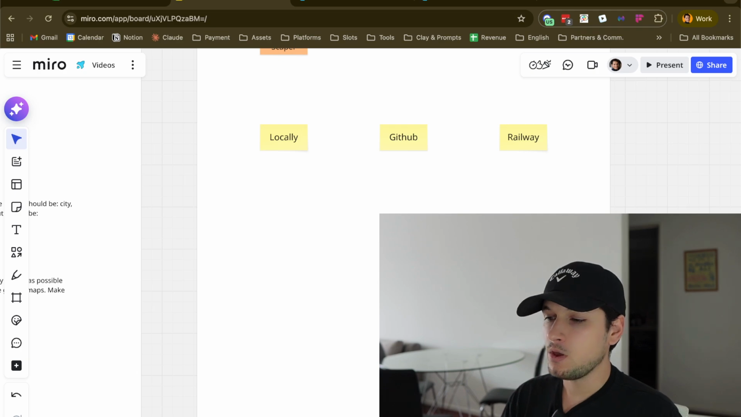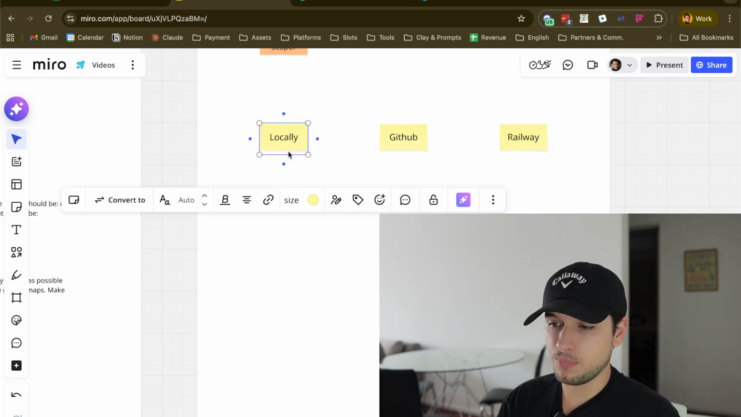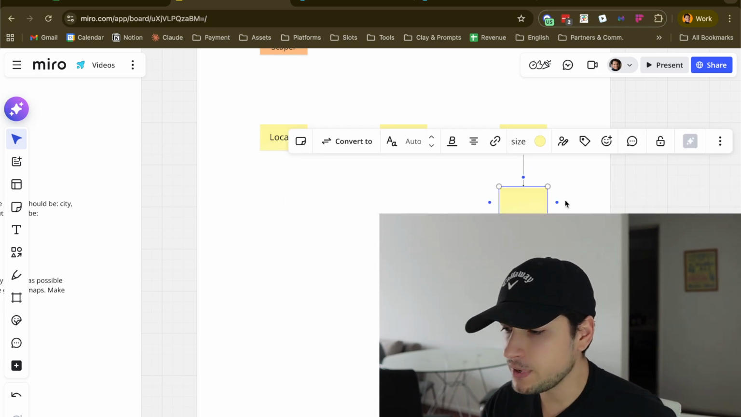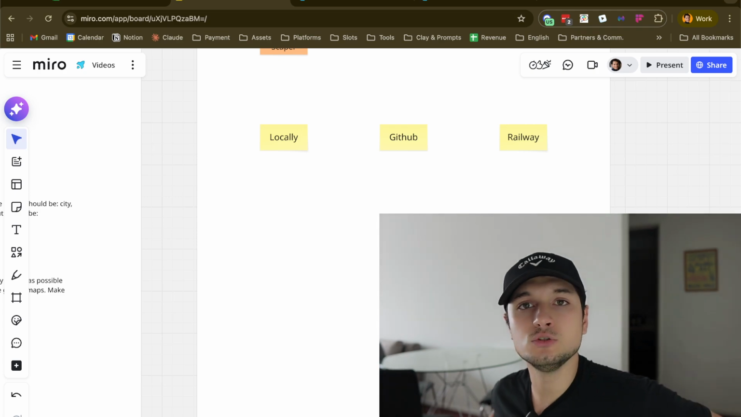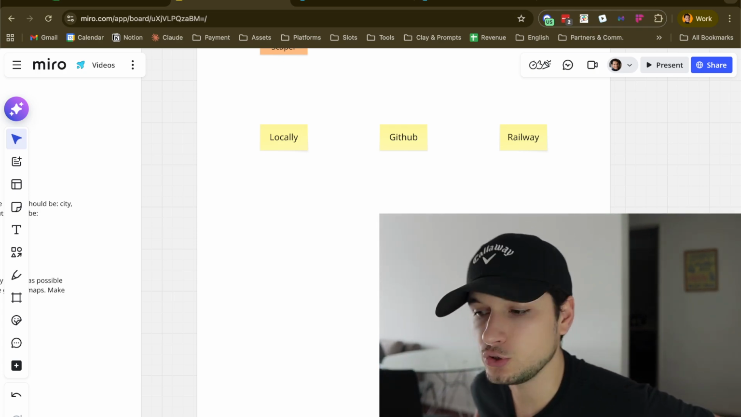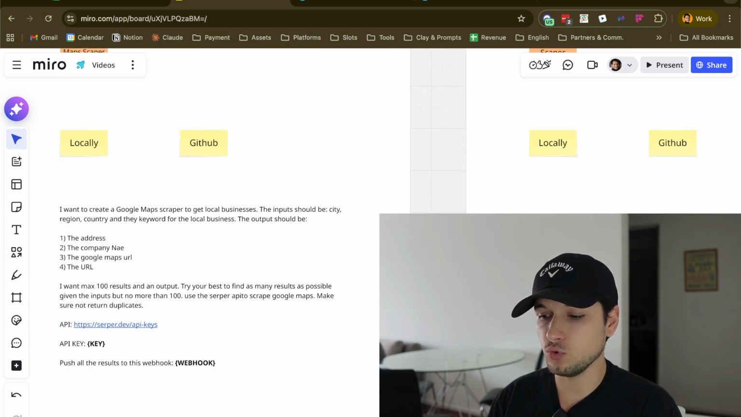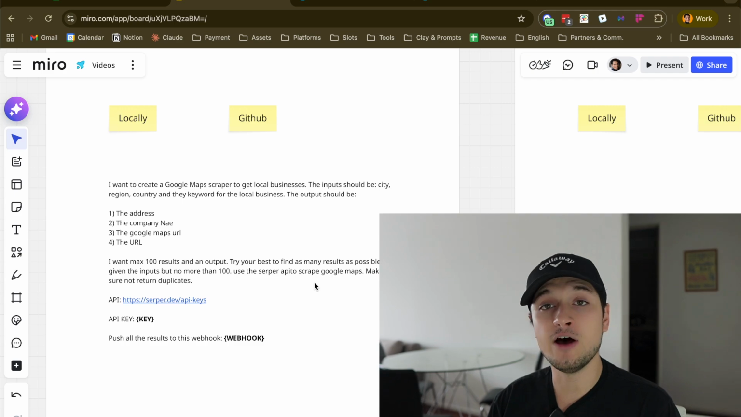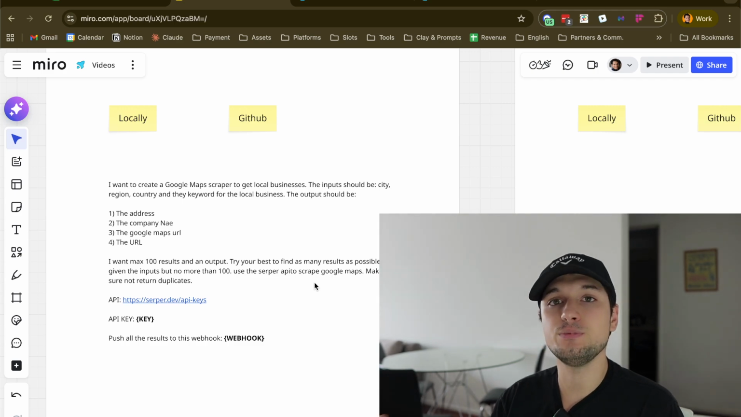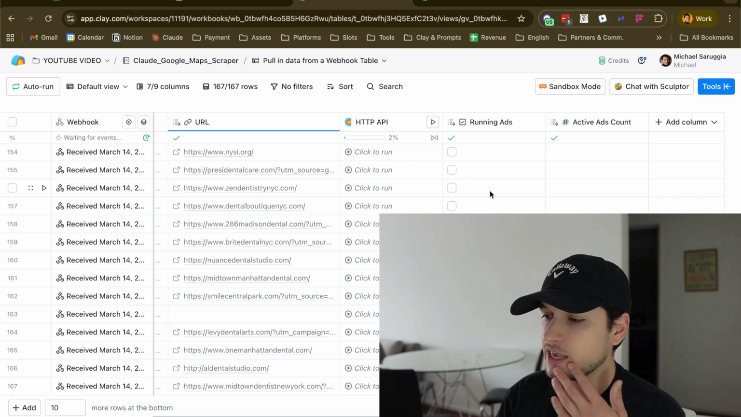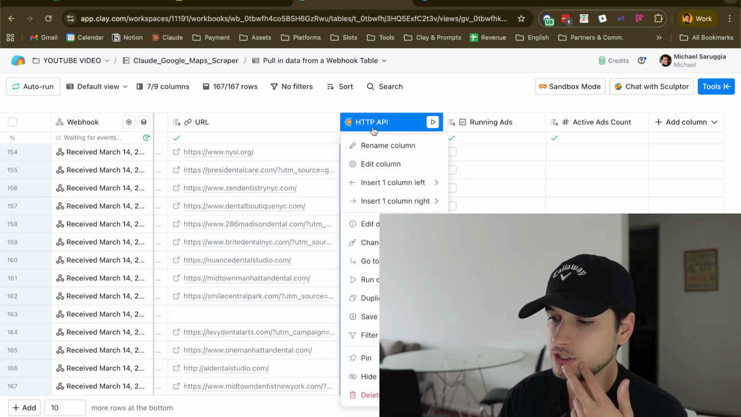Okay, and again, build it locally, GitHub, deploy to Railway. Railway is basically a cloud provider where you can host your live applications, and from there basically I asked Claude Code to develop it in the form of an HTTP API I can call from Clay. Okay, and it basically gave me all the information. So I went here,